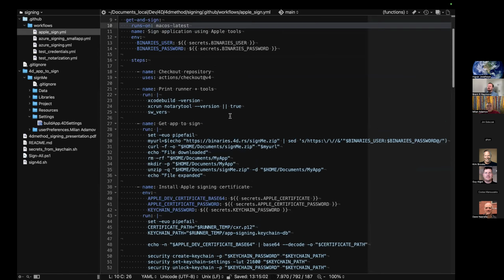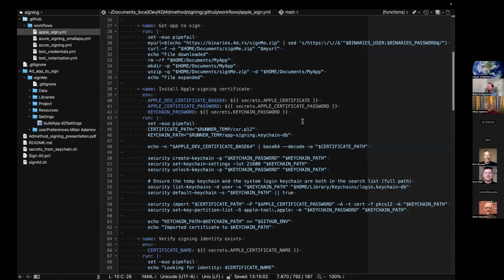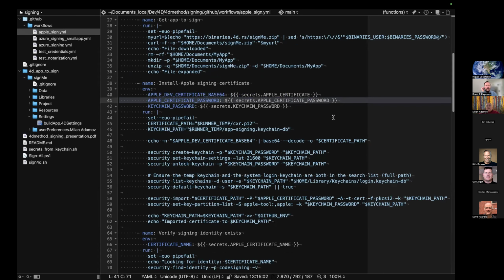So in order to be able to sign, you need to create a new keychain. So I'm creating a temporary keychain, putting the certificate in it, and I need, of course, the certificate password. Remember, this is actually my password for my Apple ID that created this certificate. And this can be anything because it's only used here. So it's created to make this keychain file with this password, and this keychain file will be deleted, destroyed at the end. So it doesn't matter.